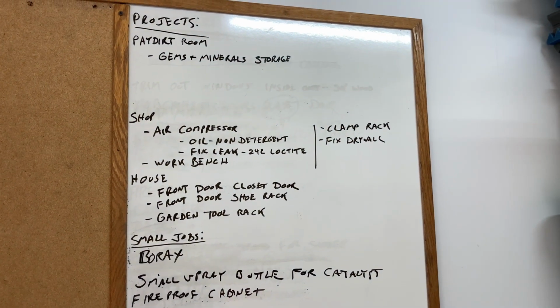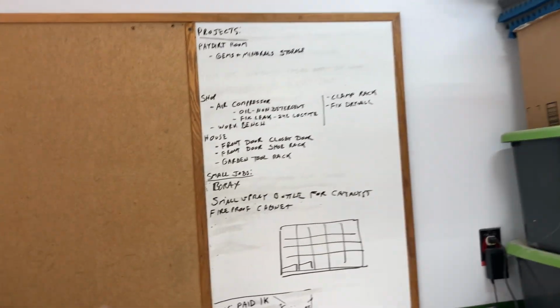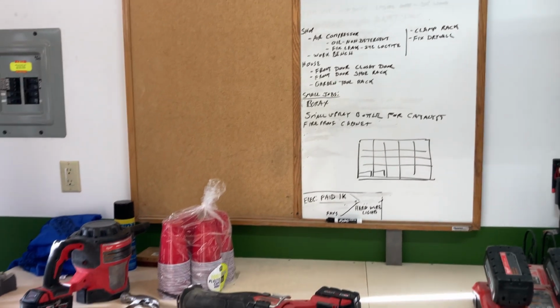In order for the electrician to do some work up here, we had to cut a hole to access the panel. So we're gonna go ahead and patch that and maybe pick something from the list and do that too. I think since Heather's gonna be gone for 3 days at that country music festival, we're gonna